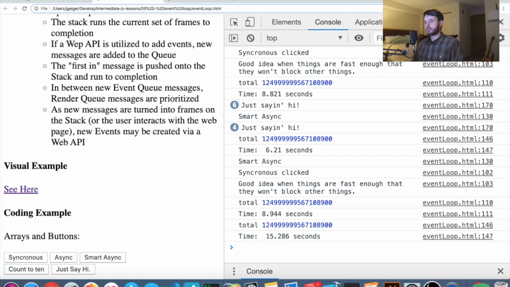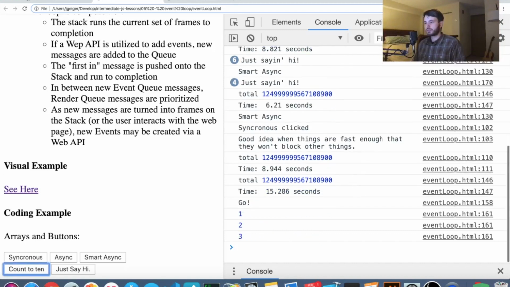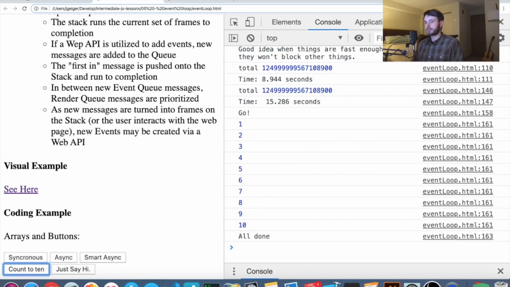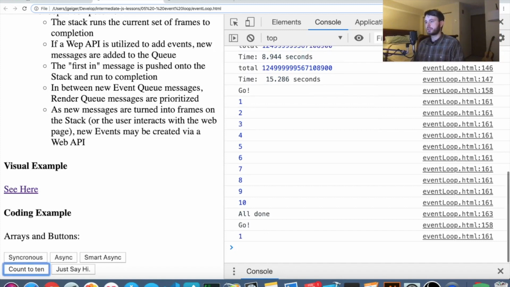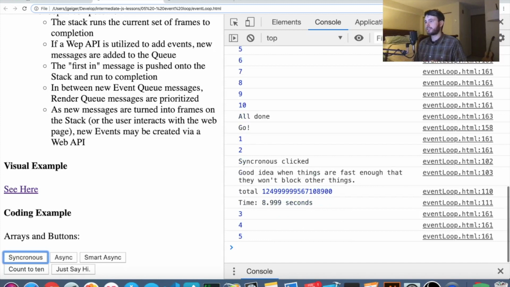Now, the final way that we can see the power of this is by this count to 10 function, where if you click it, it just counts to 10, 2, 3, 4, and so on. After it gets to 10, it's all done. So what happens if we run the synchronous during the count to 10? Well, count to 10, run synchronous, and now the counting is actually blocked from being run until after the synchronous